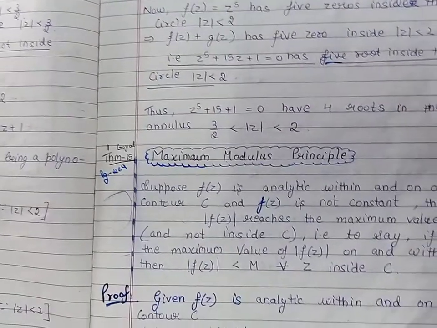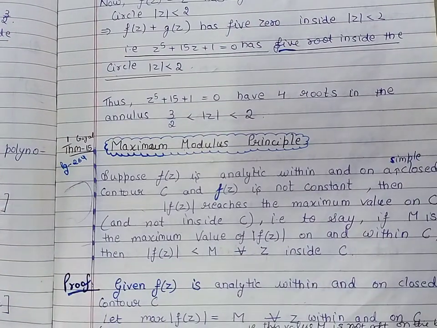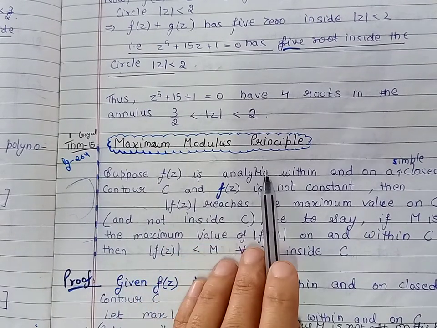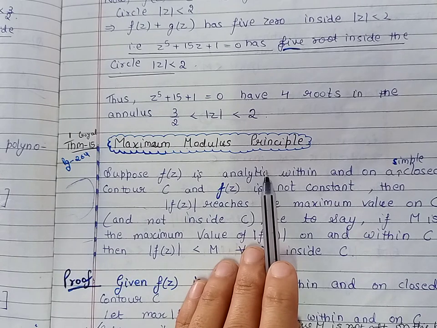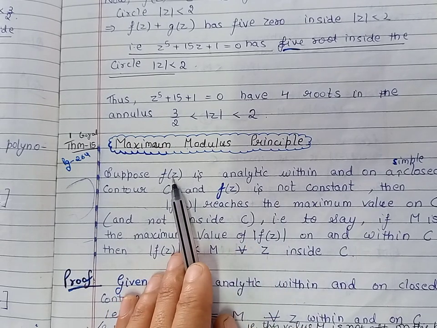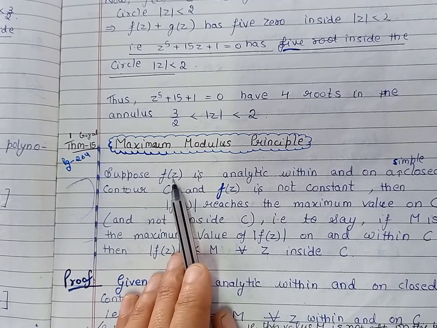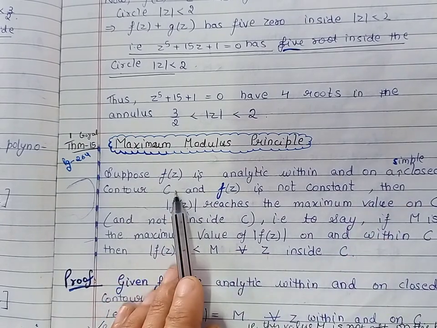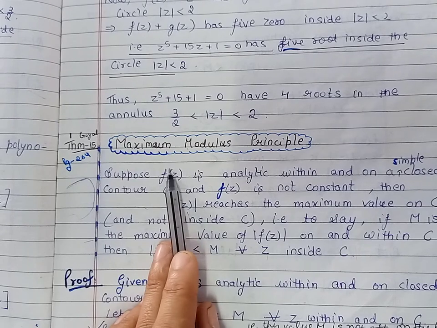Good morning, students. Today we'll start section 3 of complex analysis, and our first topic is the maximum modulus principle. According to this principle, if we are given a function f(z) which is analytic within and on a simple closed contour C, and this function is not constant, then we are to prove that mod of